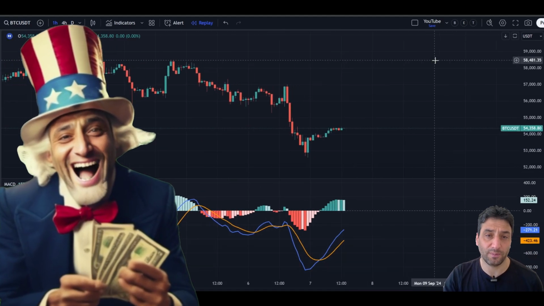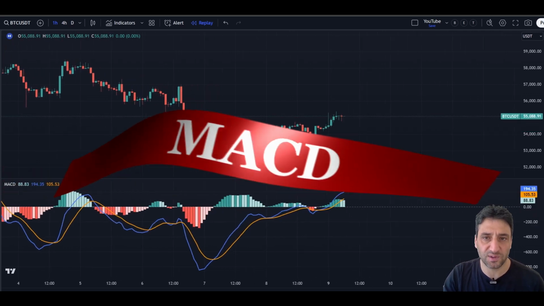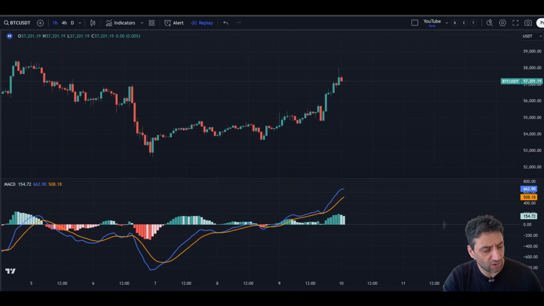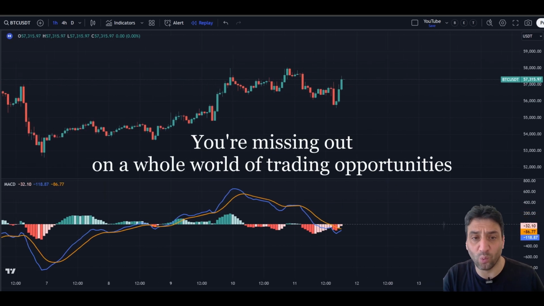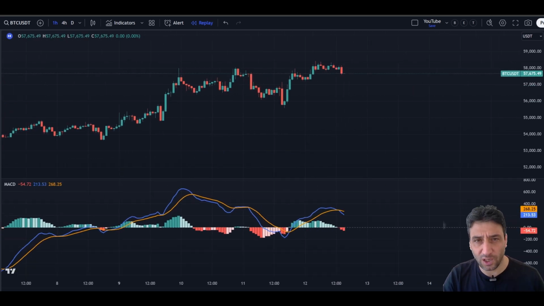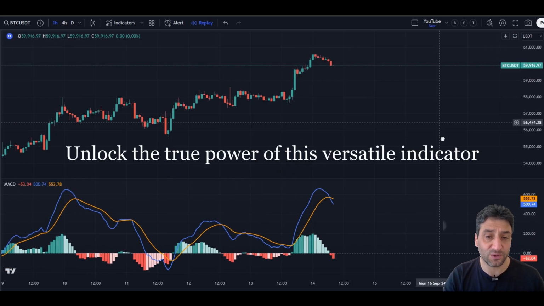Today we're diving deep into another classic indicator that's often misunderstood and misused, the MACD. So if you're only using MACD for basic crossovers, you're missing out on a whole world of trading opportunities. Today I'm going to show you how to unlock the true power of this versatile indicator and use it like